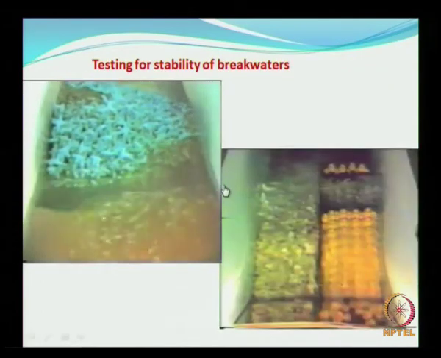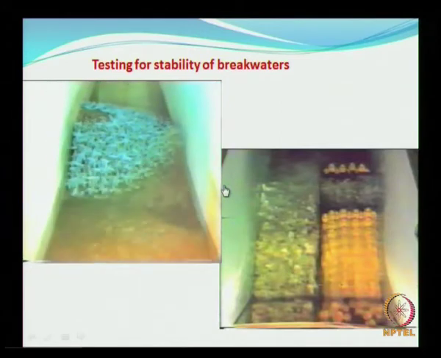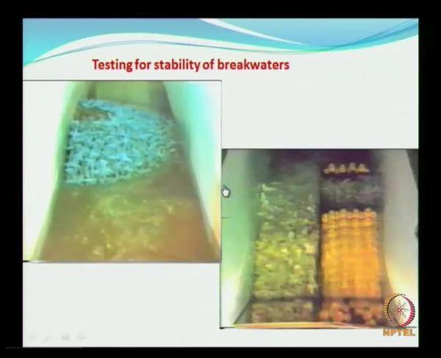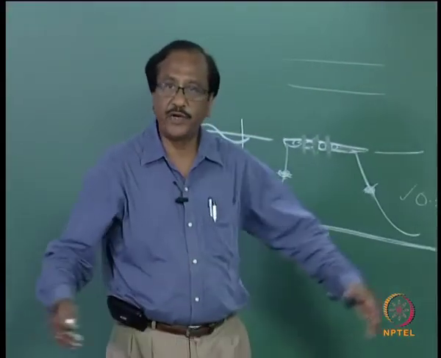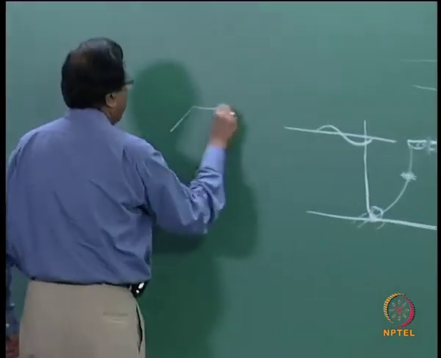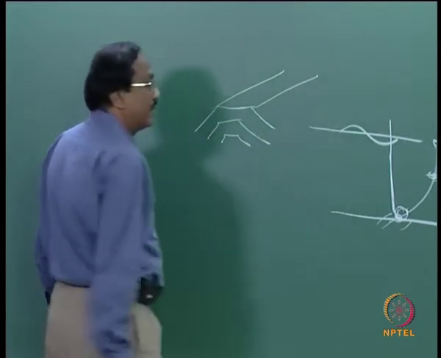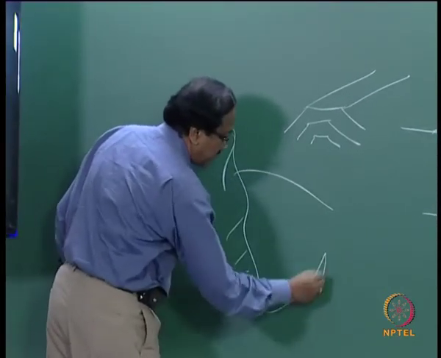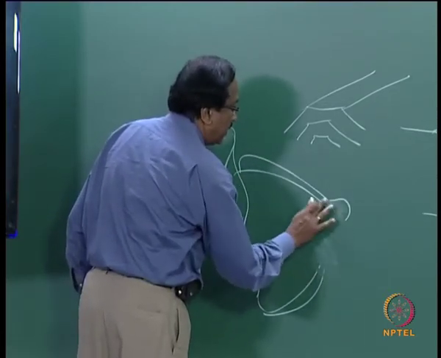Yet another study, here you see a study that has been carried out for assessing the stability of the head of a breakwater. A breakwater is a structure that is built for creating artificial harbors. It is usually trapezoidal in section and jutting into the ocean. So if you have a shoreline, you can have breakwaters like this. Here the head of the breakwater is slightly flatter.